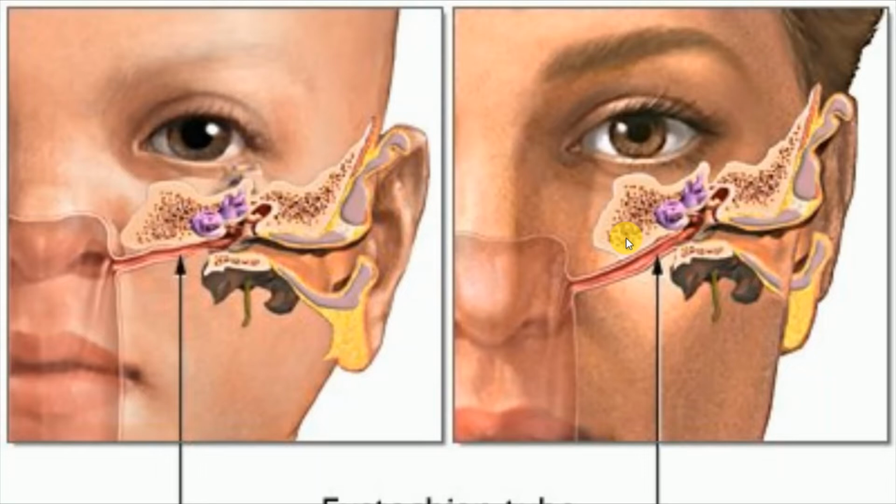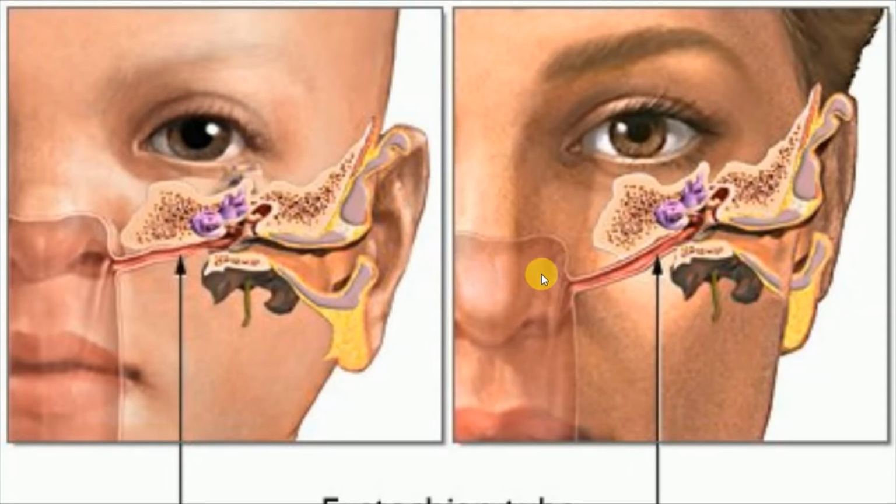The eustachian tube is the connection between the middle ear and the nasopharynx. What is the purpose of this tube? Basically, this tube equalizes the pressure between the middle ear cavity and the external atmosphere. That is, it is used to expel the extra air from the middle ear cavity through the nasopharynx and out of the mouth.